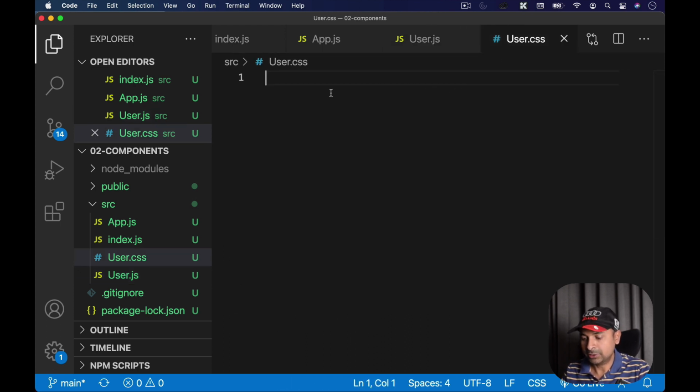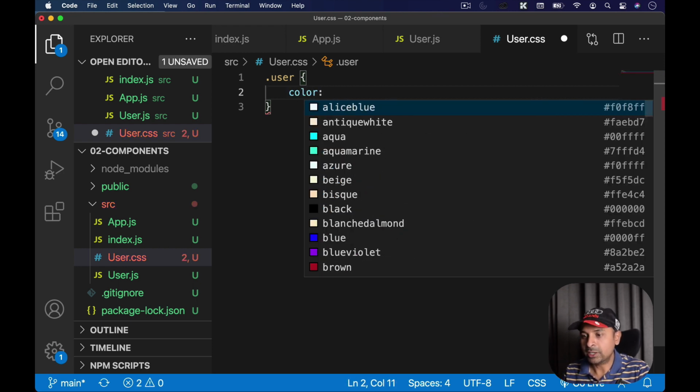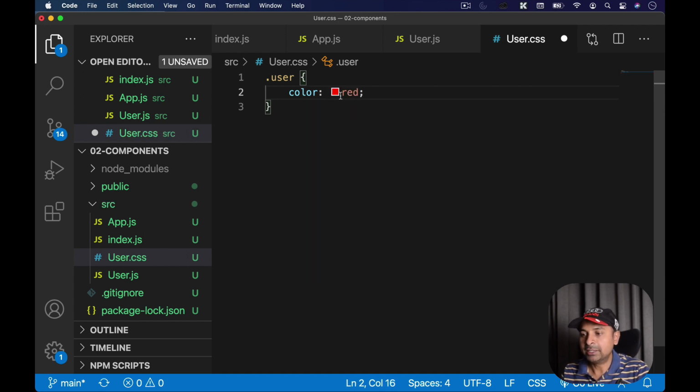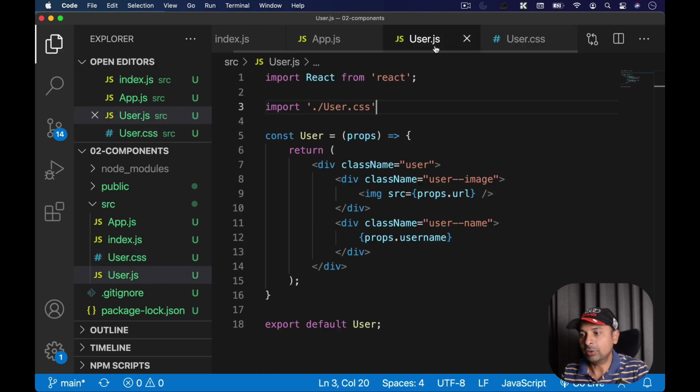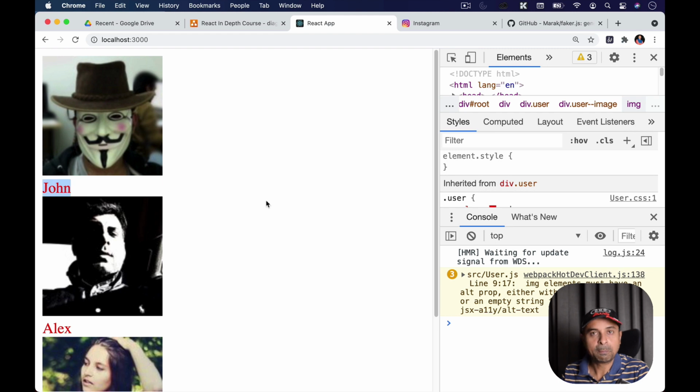So let's do that. I'm going to use .user. Now I'm writing CSS only. If you know CSS, then this will be really easy, because this is not a CSS course, so I'm not going to tell you everything about CSS. Let's test for now. Maybe I'll add a color value here, like red, and let's see if my CSS is working fine or not. So I have applied a color property to this entire div. And now if I come back, see that the font has changed to red color. So I can see that my CSS is working fine.